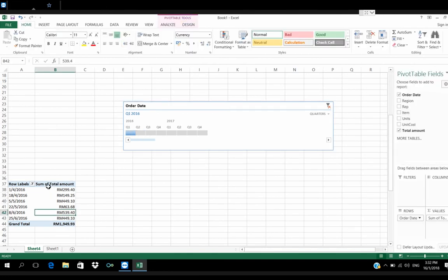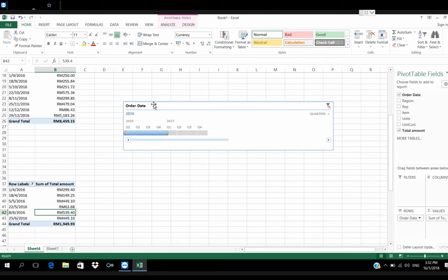You can see now, by moving the timeline on this timeline filter, this pivot table does not show any changes.